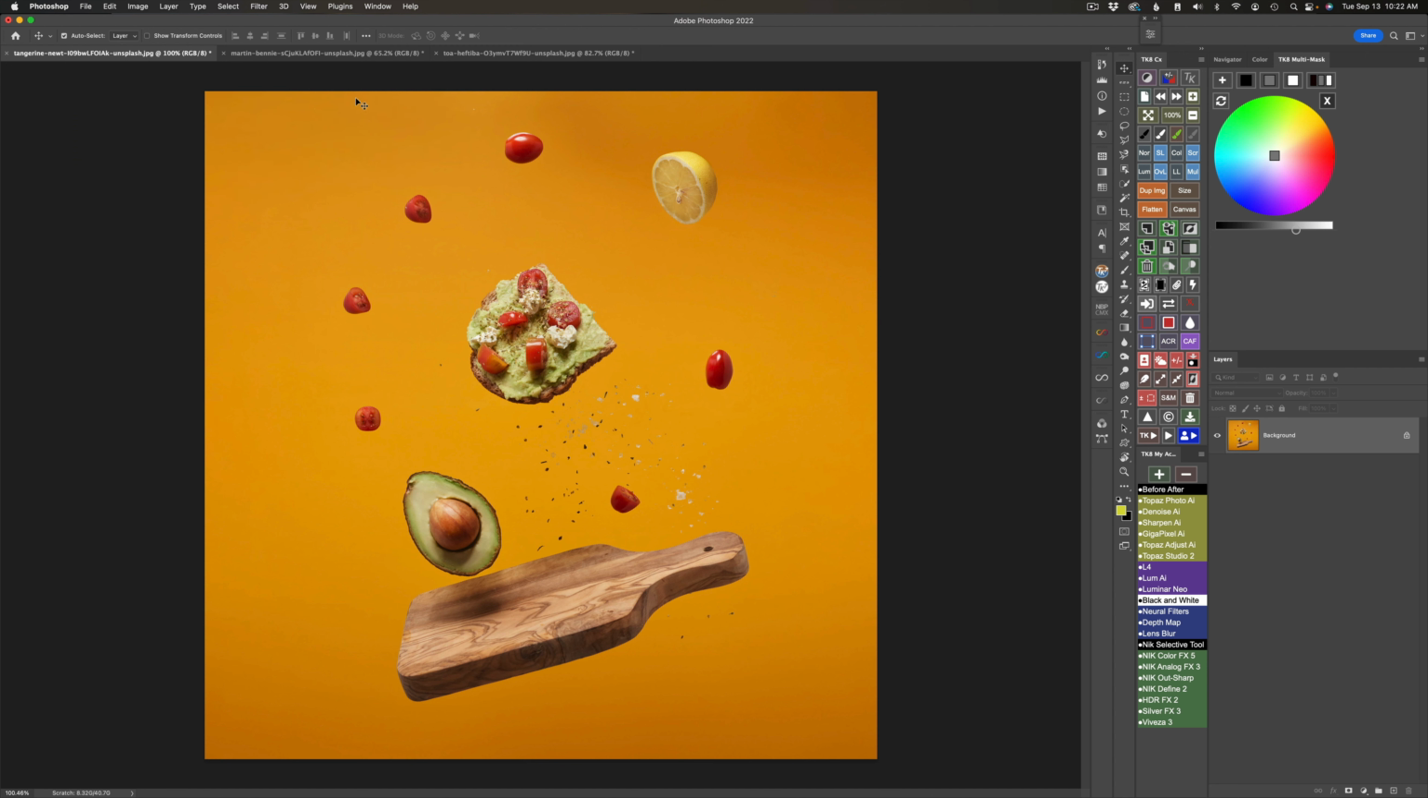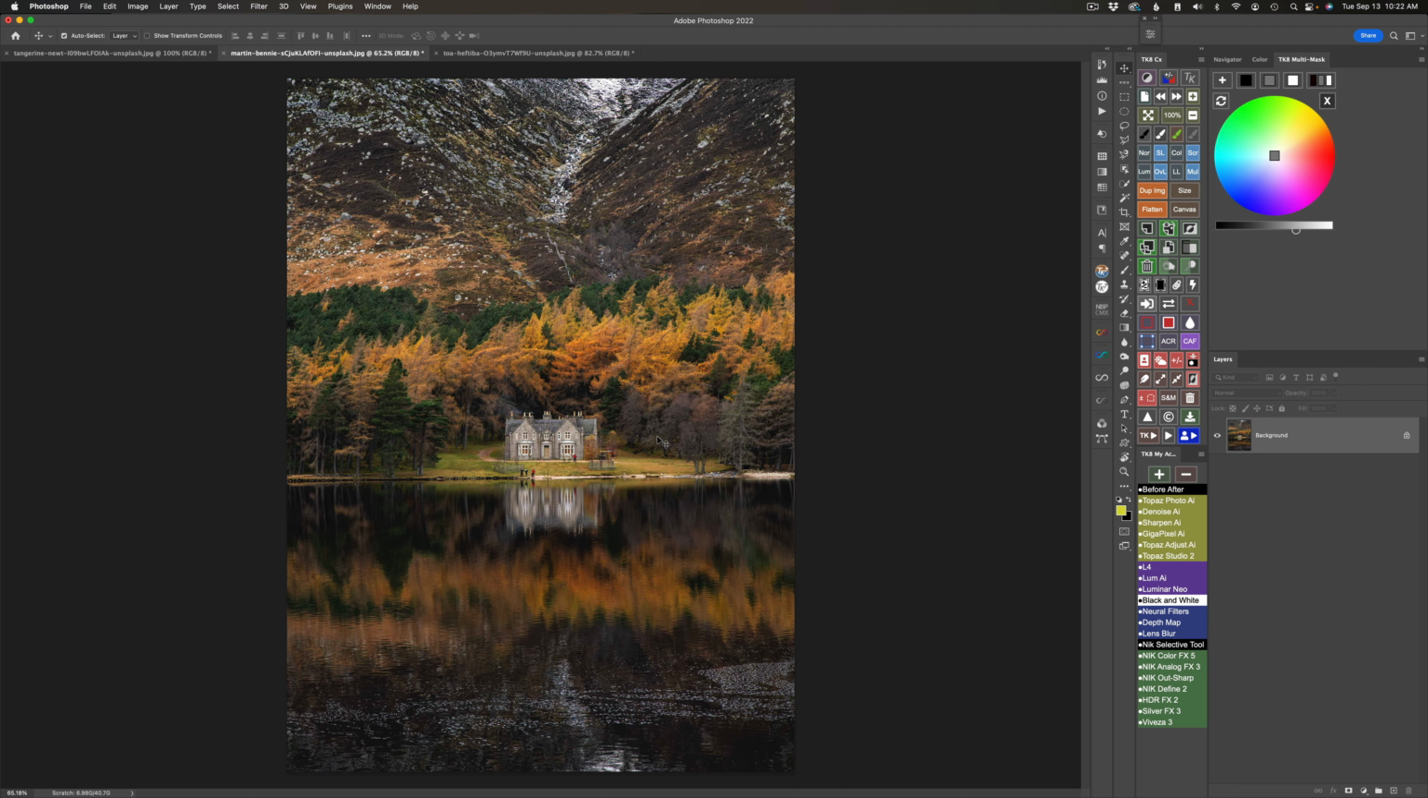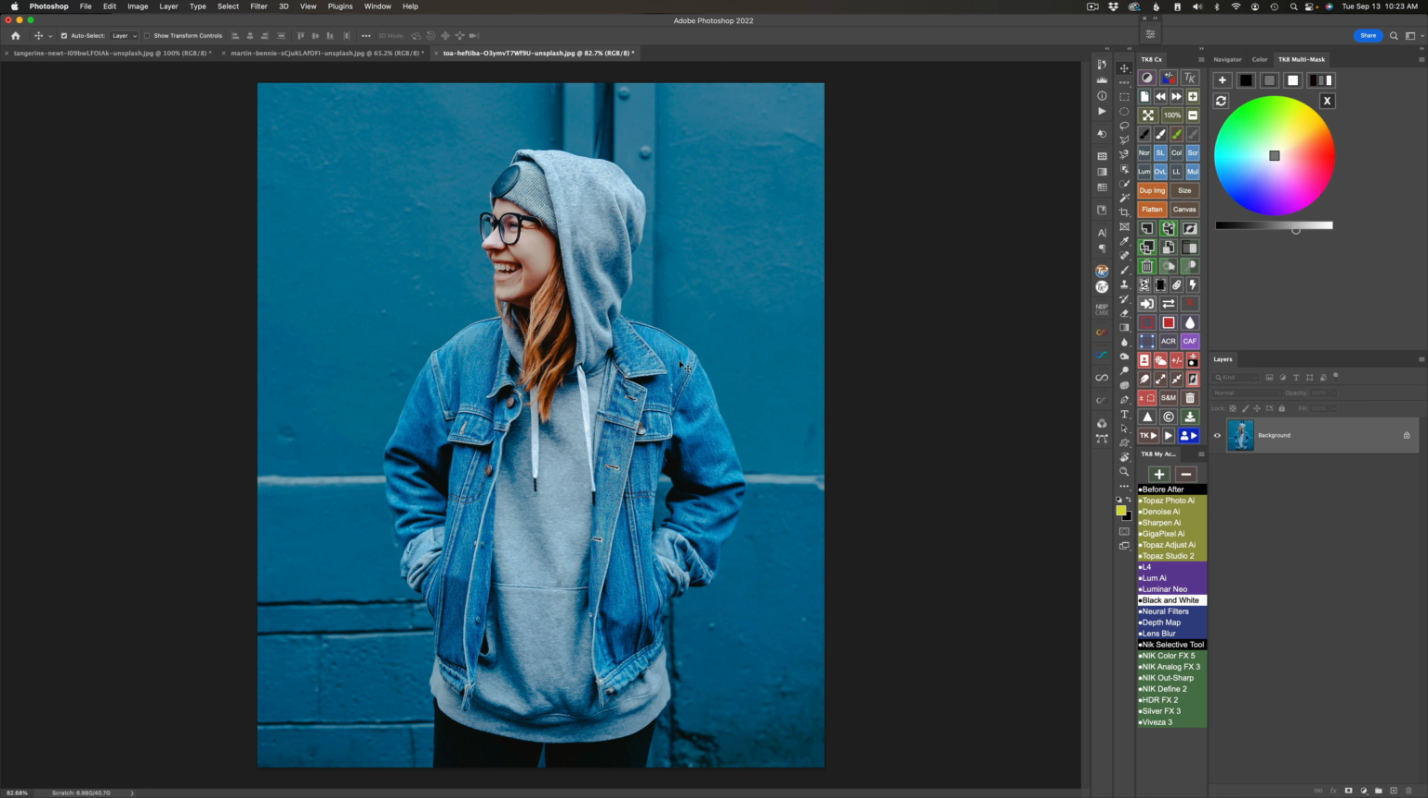I have 3 examples for you today. This image we're going to extract detail out of. Then I have this one, a nice landscape scene, and then I have this one, a person against a blue wall with a blue coat, but we're going to pull detail out of it,